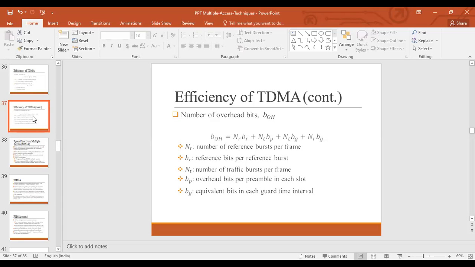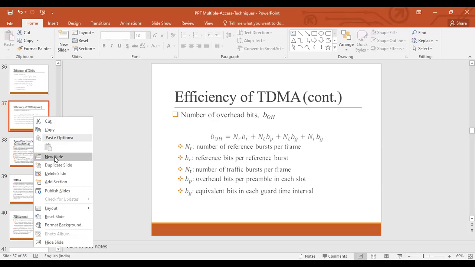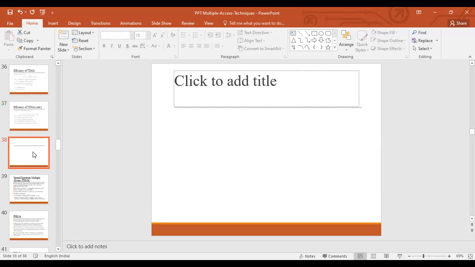Efficiency of TDMA. So here there is a question. What is the question? In GSM, if GSM uses a frame structure where each frame consists of 8 time slots.